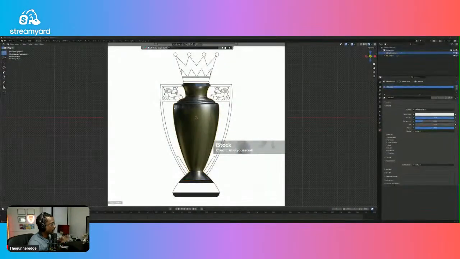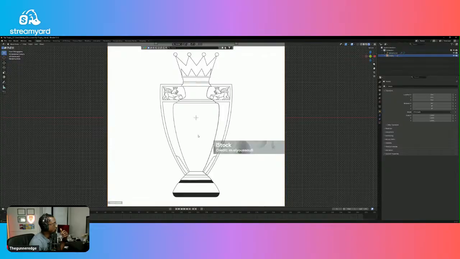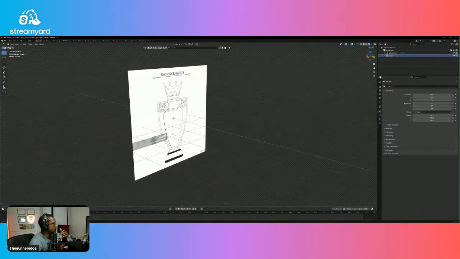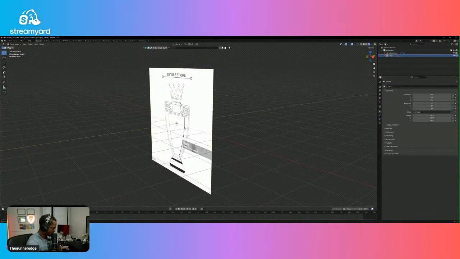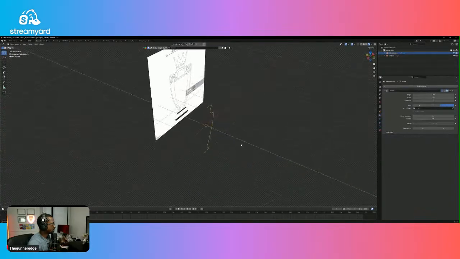I've started right, but I had started with a line, a Bezier curve that I had modeled into the shape here, and I'll show you what I mean by that. So in the modifiers tab here, I can turn that off. And if I go into, you'll see the outline that I have. I have an outline here. Let me move it and just say G. So this is the outline. If you see that this orange